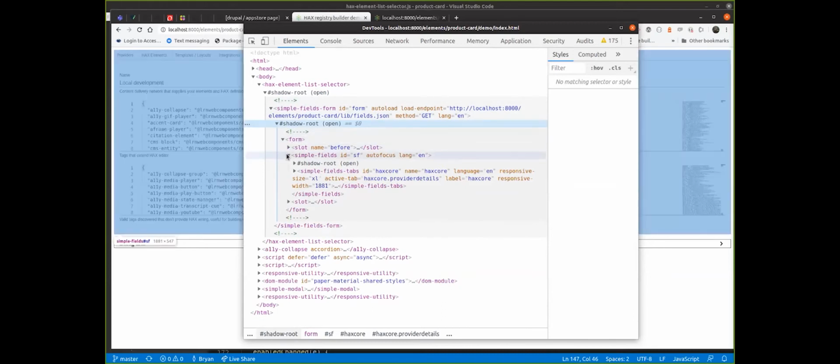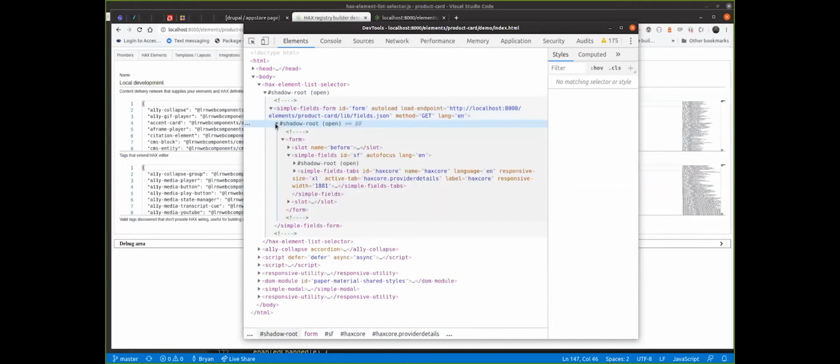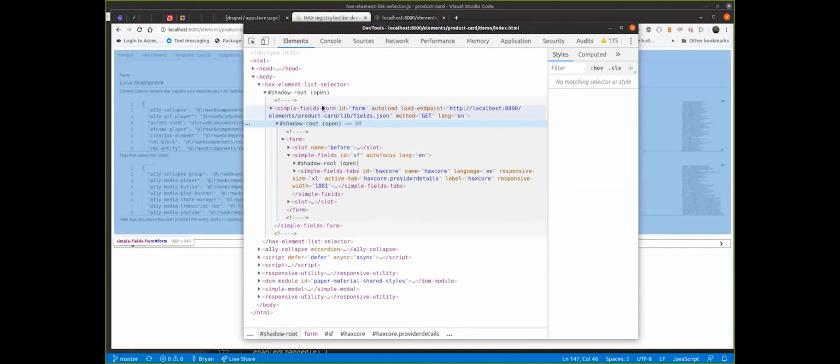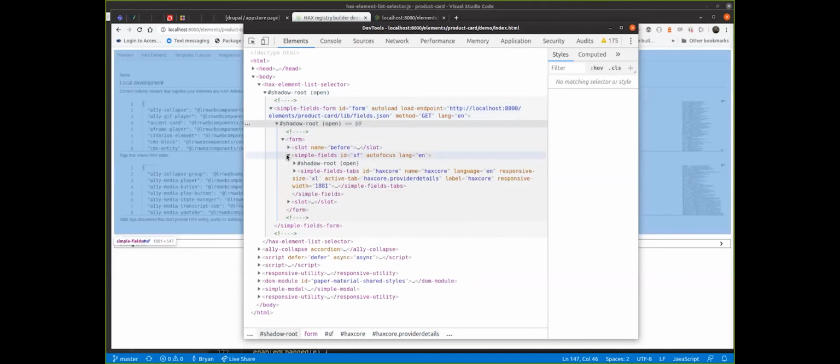I think this might be a good example, Nikki, where we should break the shadow root on simple fields form, because then the accessibility tree stuff gets a lot more simplified, is my understanding. There's an issue with accessibility and form inputs and tabbing into shadow roots and things like that. But one way around that is, we're leveraging data in this nice compartmentalized way, but then Nikki's injecting a